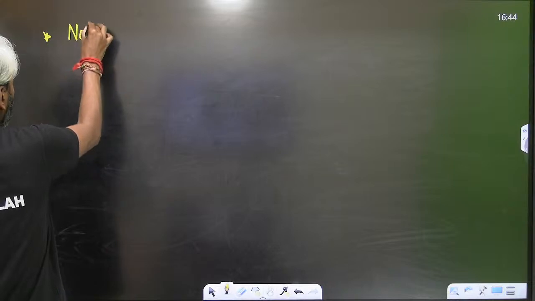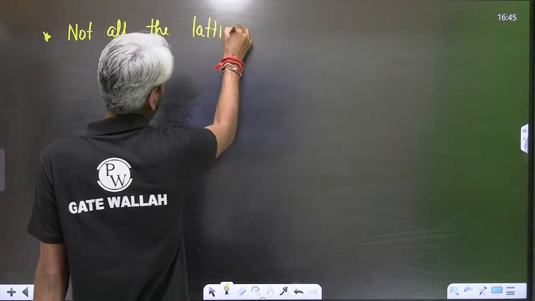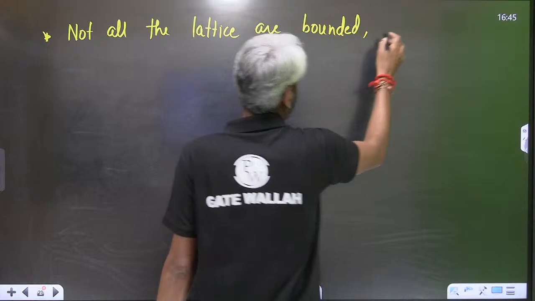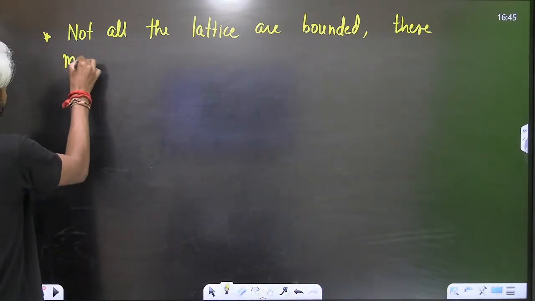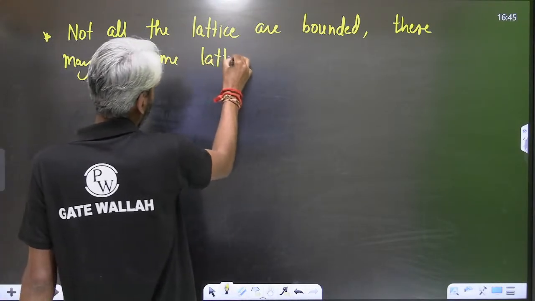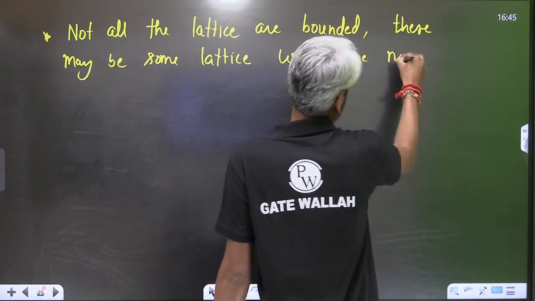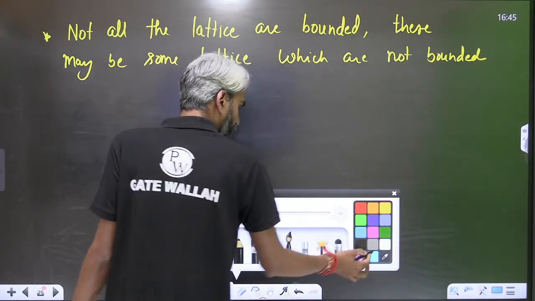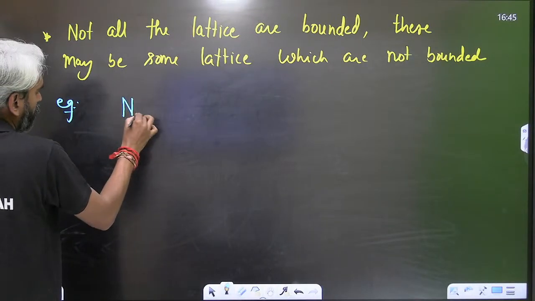Not all the lattices are bounded. There may be some lattices that are not bounded. So if I give an example, see, if I say the set of natural numbers with respect to less than or equal to